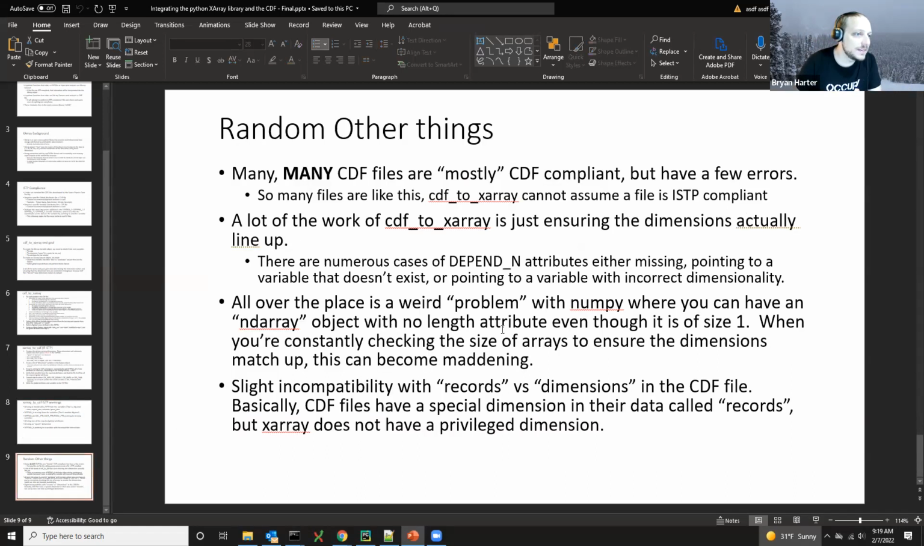And then finally, these are kind of random lessons learned that I just jotted down. While I was going through and testing this ISTP compliance, all this converting X-array to CDF, CDF to X-array,